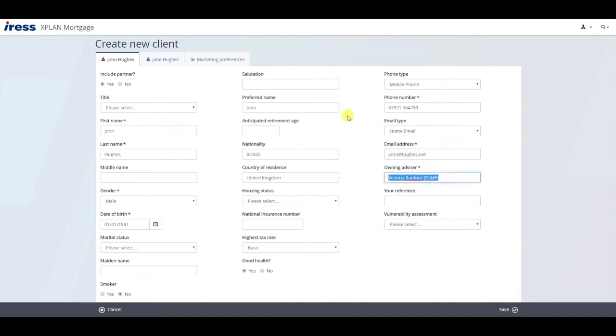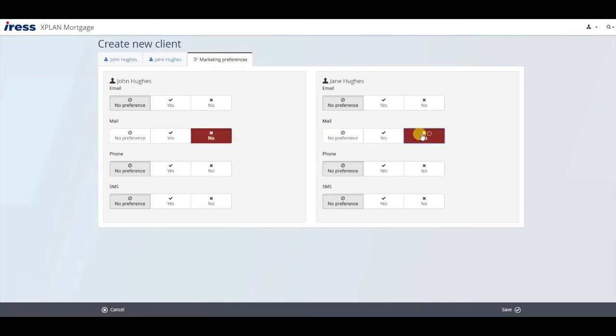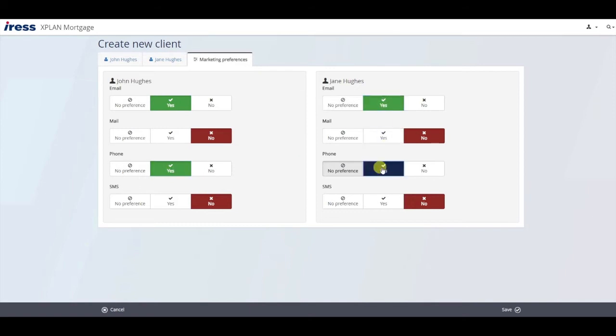There we go. What I could also do from here is select their marketing preferences. So if these clients have specified they do not wish to be contacted by post, I can select no to mail. Let's say they also don't want to be contacted by text message. I can say no to those, yes to email and telephone. And that will save my marketing preferences for the clients, so I know how they wish to be contacted. Then all I need to do is select the Save button on the bottom right, and that has now created